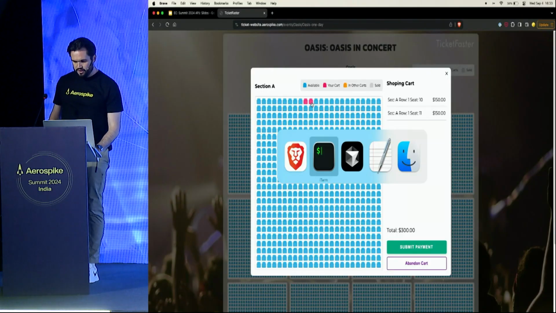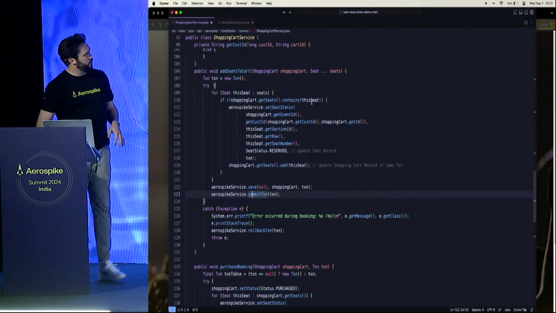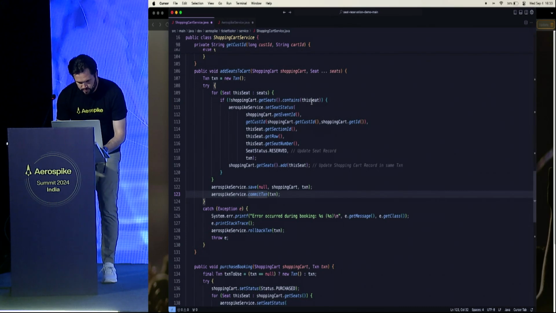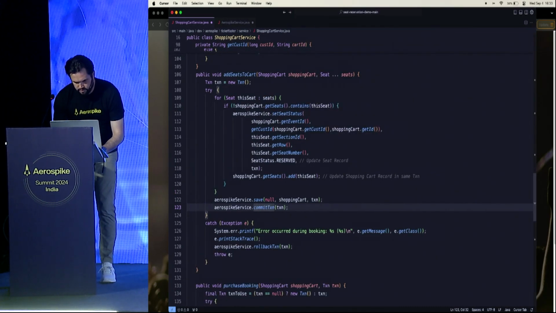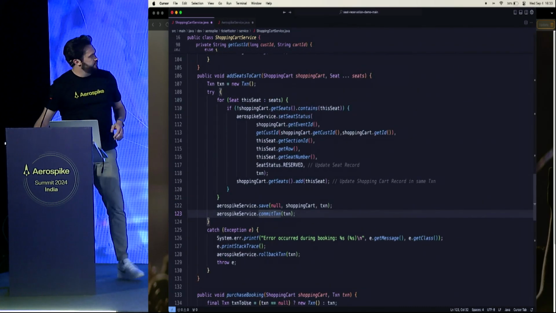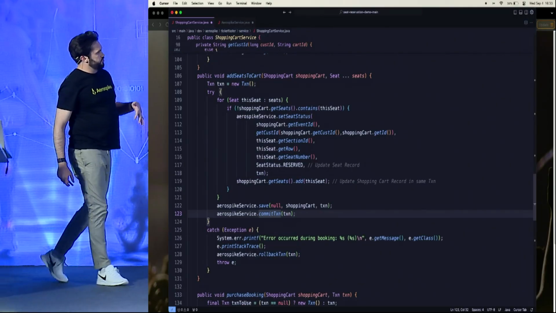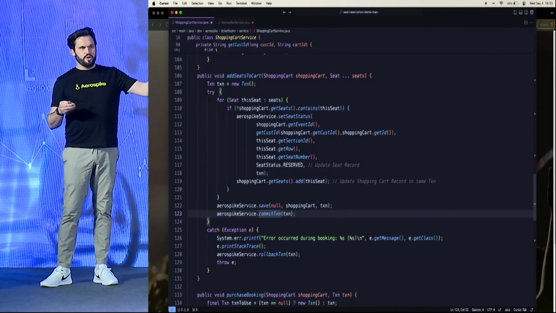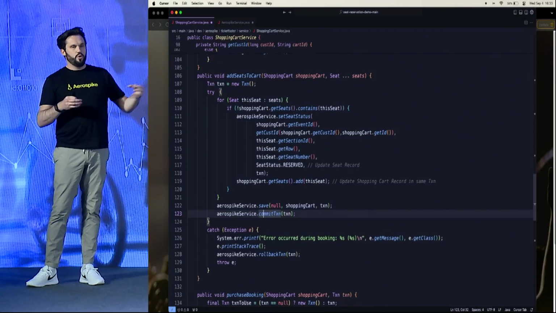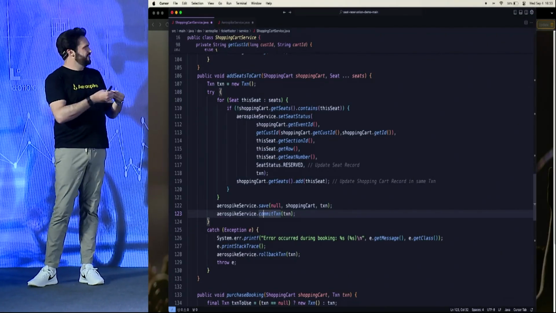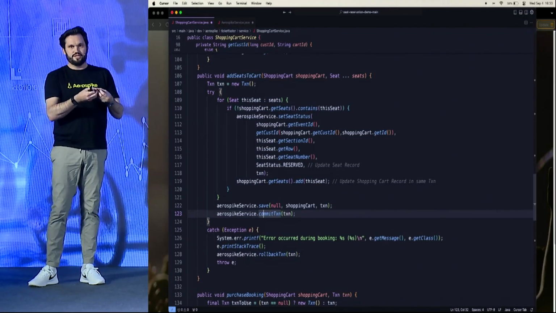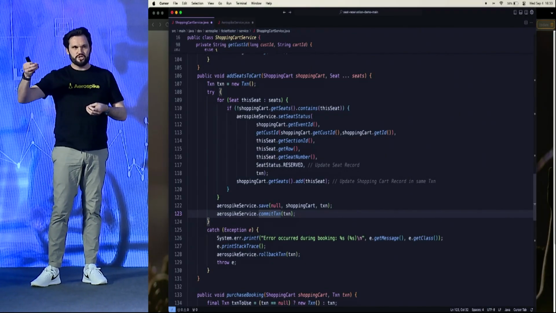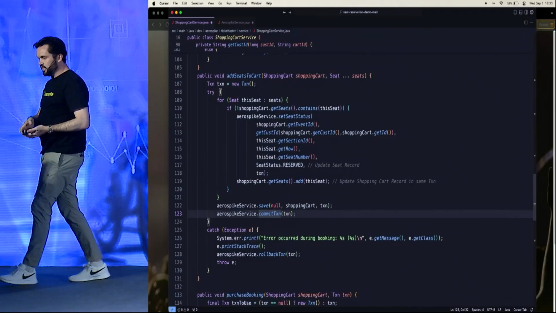But what's actually happening in the background is we're leveraging multi-record transactions to ensure that we do not update the shopping cart without also updating the seat. We can't necessarily guarantee that someone will be able to get a seat into their cart, but we can guarantee that if they can, it's theirs and they will be able to check out later.